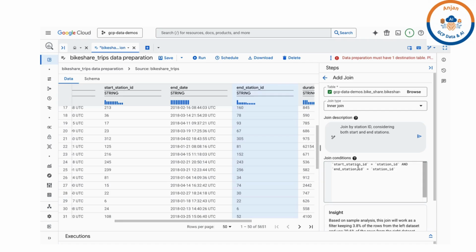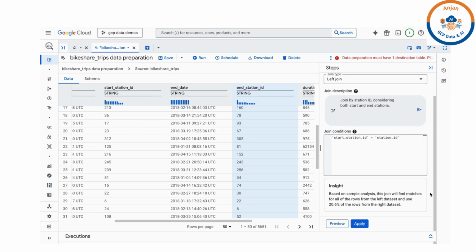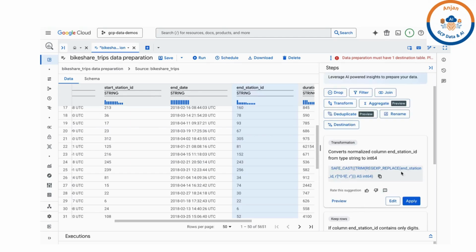Go for join and browse for tables. Select the related table. It will provide join conditions automatically. We can change the join type and condition to suit our requirement. I want it as a left join, and I only want the join based on station ID. Remove the other one. Apply, and we can see the join results.